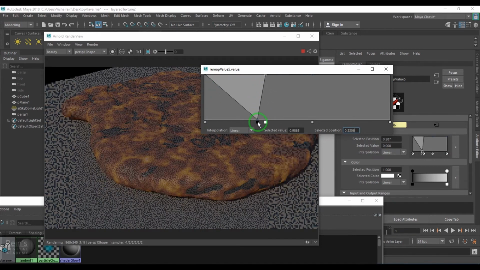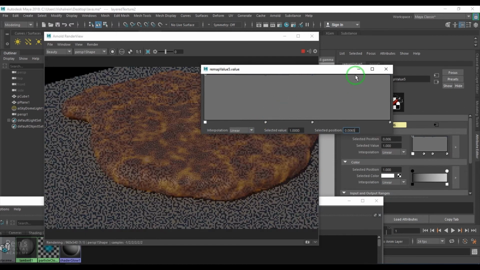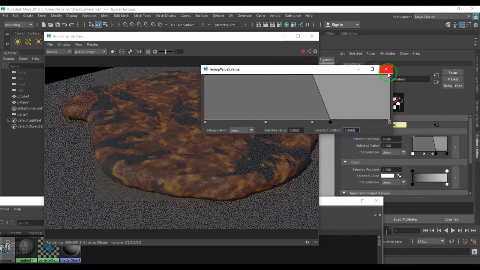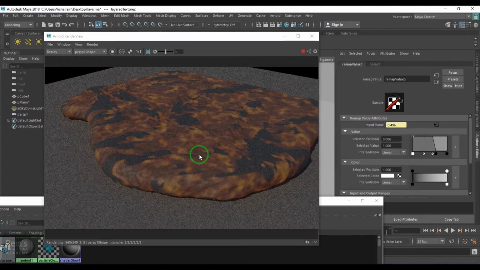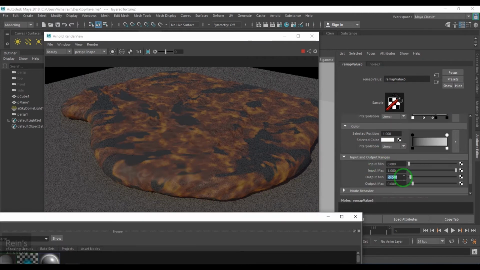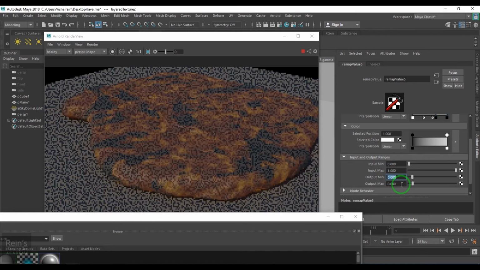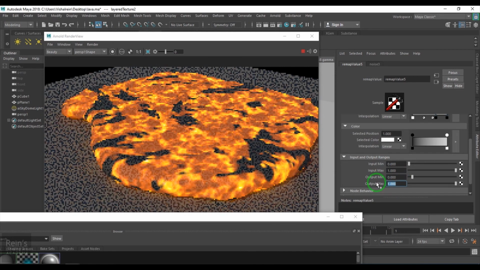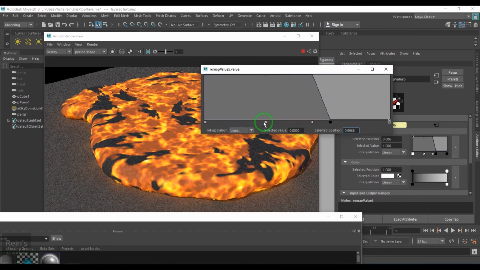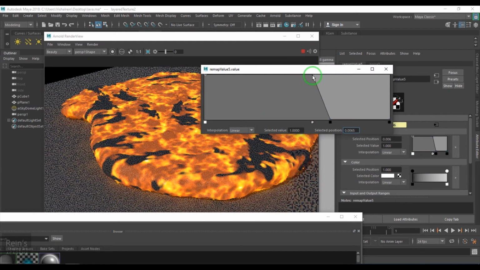Okay, so I'm expecting this in the creases of the lava, but again I need to go down, reset the value of this output minimum and output maximum, and okay, that's really cool.